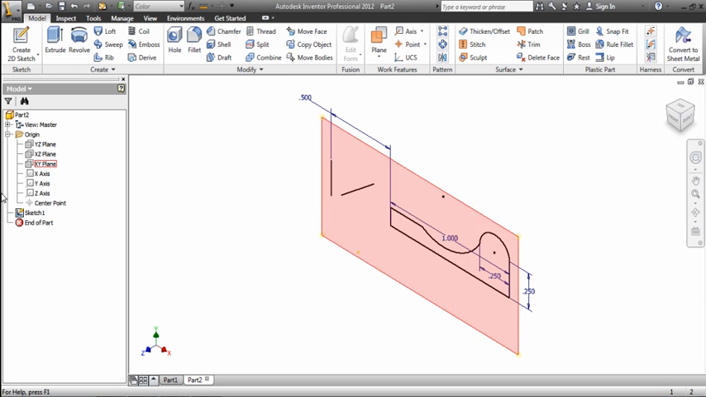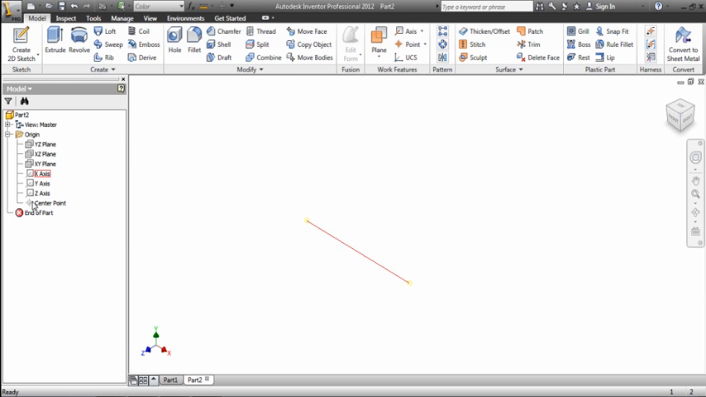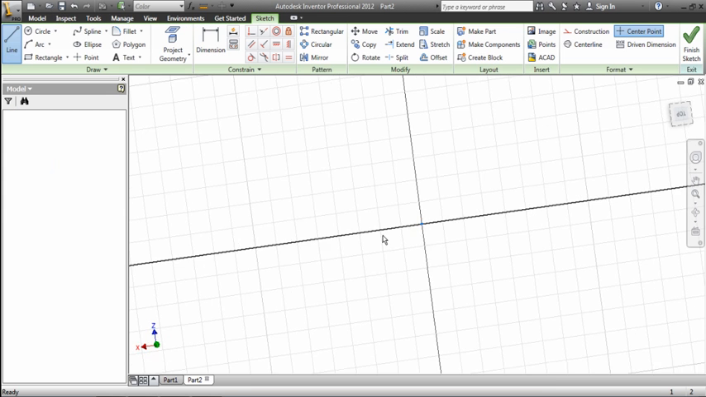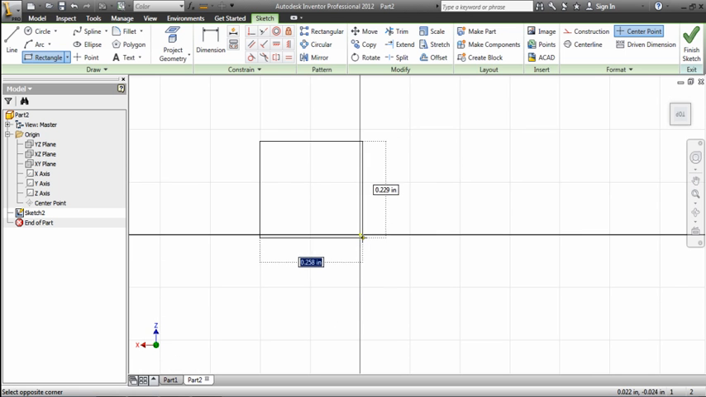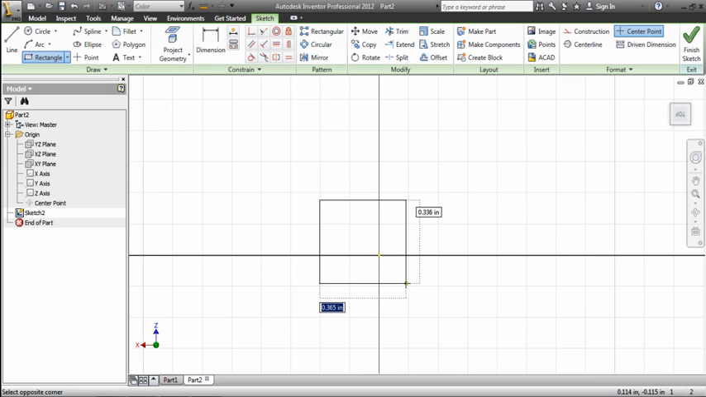Okay? So, I'm going to right-click Sketch 1 and delete it. And I'm going to go to my XZ plane. Click on that. And I'm going to make a rectangle right in the middle. So wherever your middle point is, where the axes intersect,